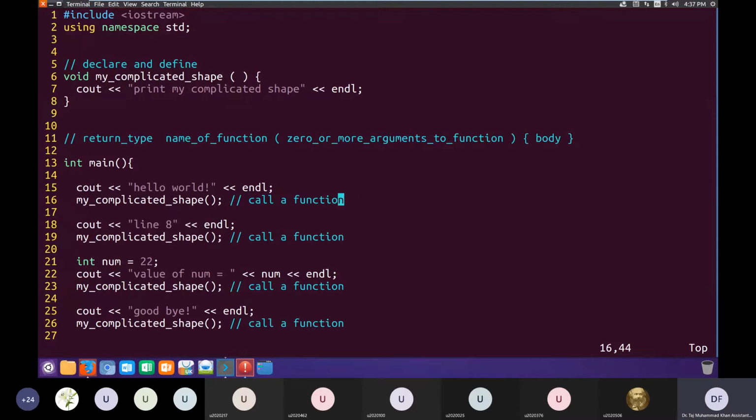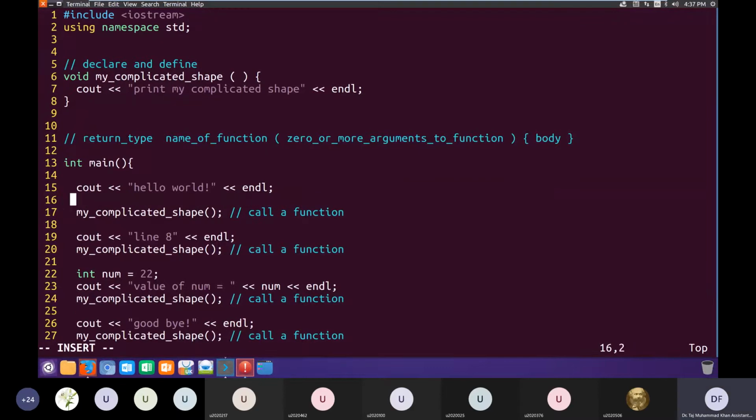When we have to call a function, again, the general syntax of calling a function is this. Basically, we write the function name, open the parenthesis, and whatever arguments that function needs, which we have mentioned in the declaration, we give them here as the arguments. Then we close the parenthesis and, optionally, we end it with a semicolon. Okay. So calling a function basically looks like this.